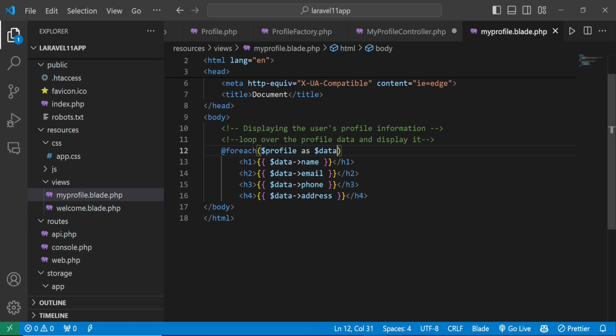So profile as data, and then of course the data is the one which is going to access all that we have within the table. So here this should be phone number, not phone alone. Then of course down here we end the foreach, like that. Now once we have that insert, what we are going to do here is that